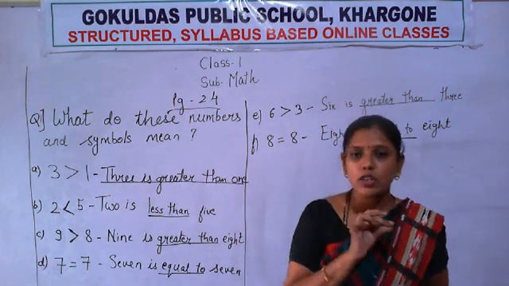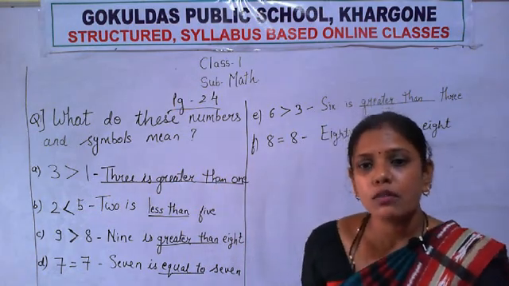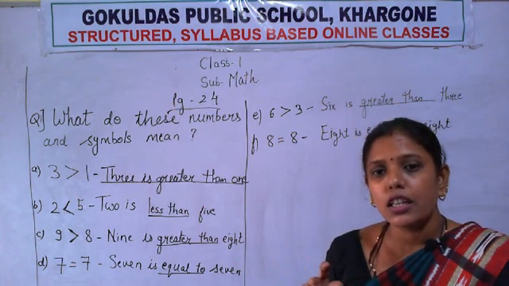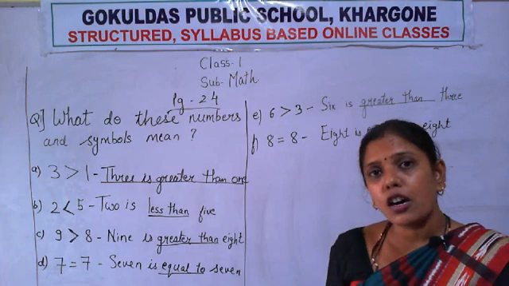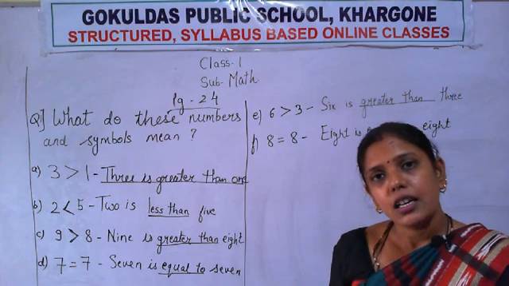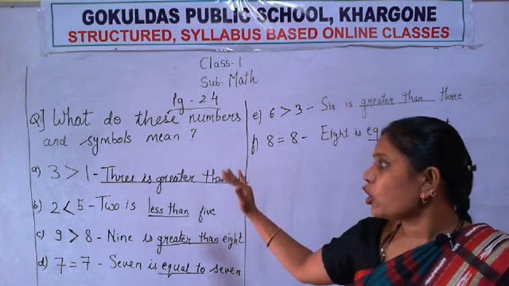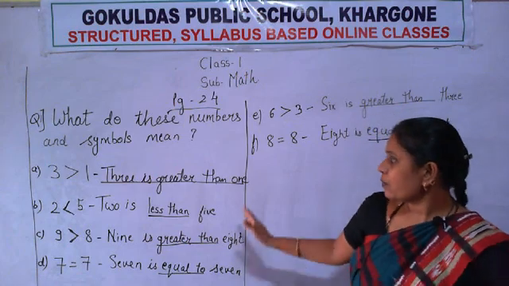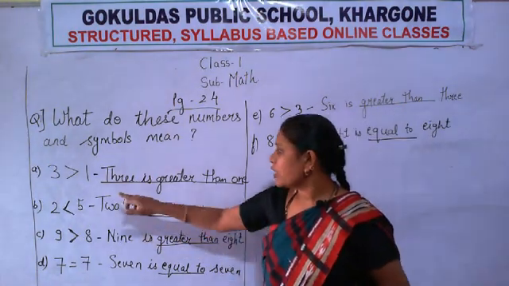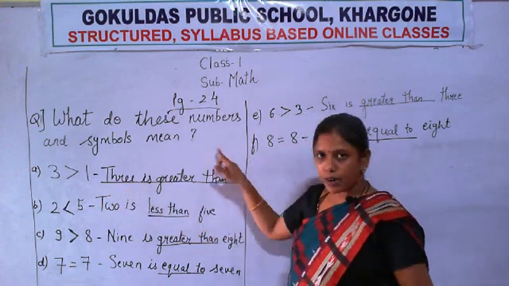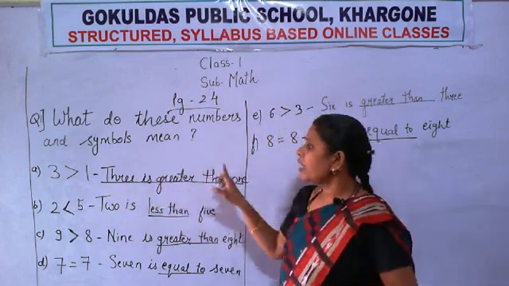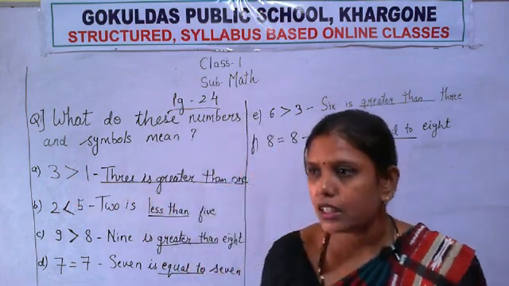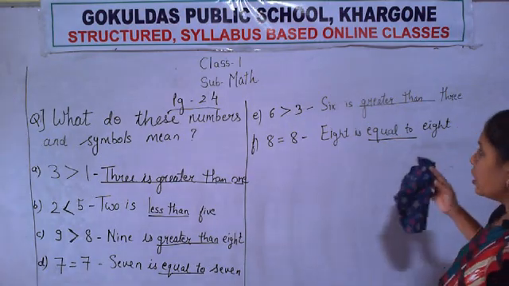Okay, in the next question, question number 2, what is given? The question is given in the form of a statement, and you have to convert it into numerals and symbols. Just the opposite of the first question. What is the second question? The second question is opposite to the first question. The question is given in the form of a statement, and you have to convert the statement into numbers and symbols. Okay, now I hope all of you have written this. Now we do the next question, question number 2.